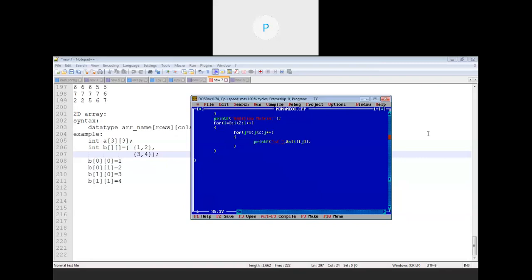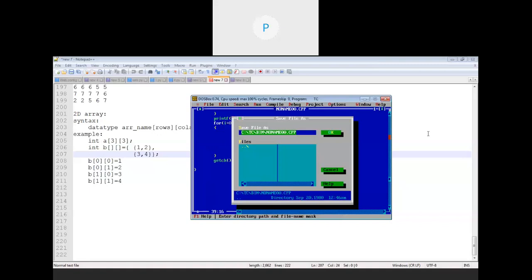So printf %d and we will print C, because within C this data will be saved. Then printf \n. Done, and then getch. Let's save this.